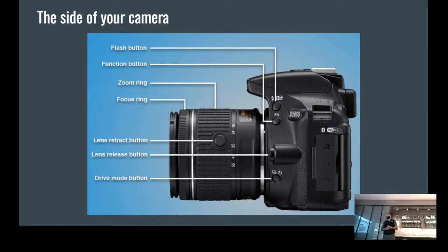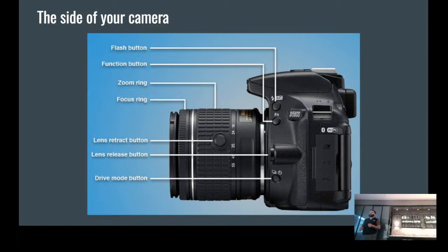The drive mode button is going to be the camera's ability to choose what mode you're driving in. That can be summed up in a few different ones. You'll have a timer on there, and that's what that little circle with the arrow or line pointing out to the side is. Let's say you have the camera set up on a tripod, you want to take a picture with the family, you don't have a remote or anything, or your cell phone's not around, so you can't remote control the camera. You could go to the timer drive mode button,